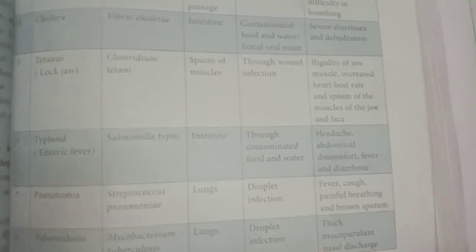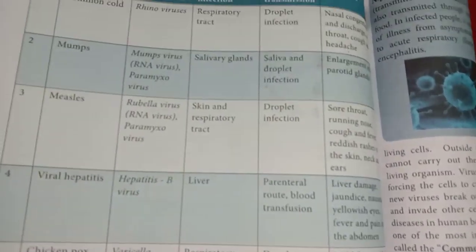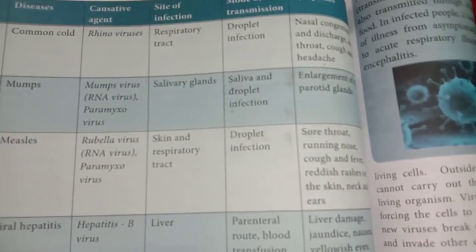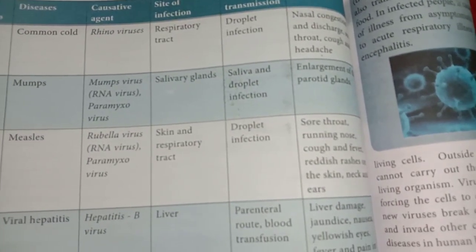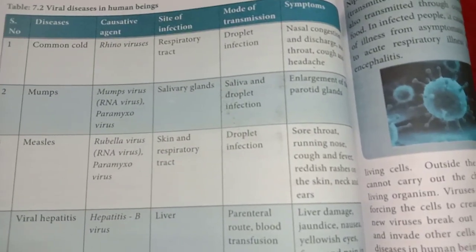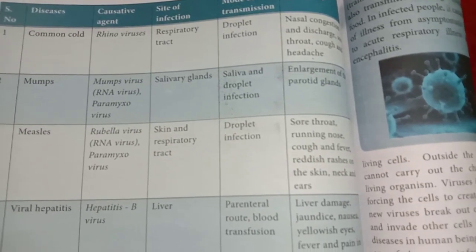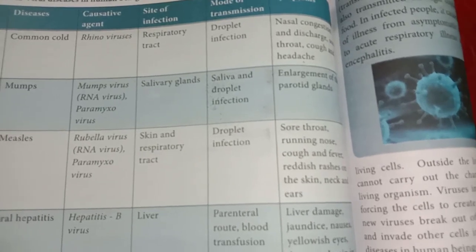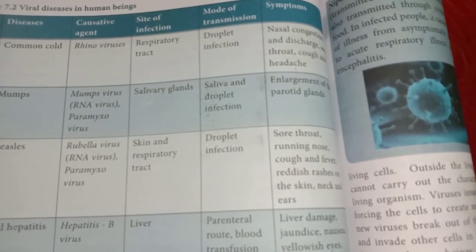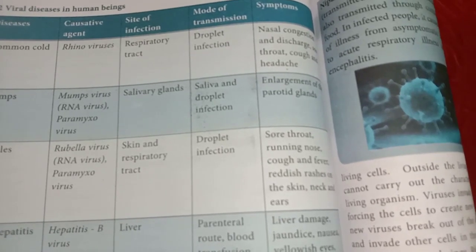Now we are going to study some examples, 8 examples of viral disease. See, the first viral disease is the common cold. The causative organism is rhinovirus, and this disease affects our respiratory system and is transferred through droplet infection. Then the symptoms of this disease: nasal congestion, that means the nasal cavity is blocked, and discharge,